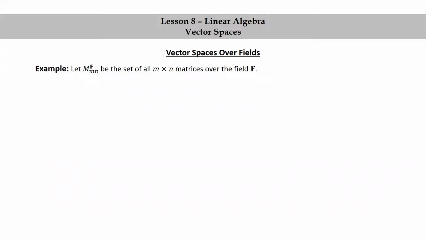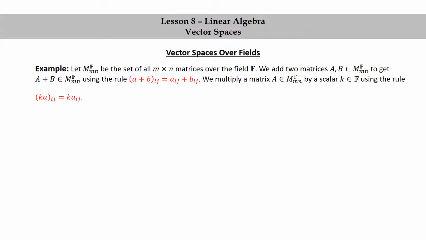Let M sub m,n of F be the set of all m by n matrices over the field F. We add two matrices A, B in the set of all m by n matrices over F to get A plus B using the rule (a plus b) sub ij equals a sub ij plus b sub ij. We multiply a matrix A by a scalar k in F using the rule (ka) sub ij equals k times